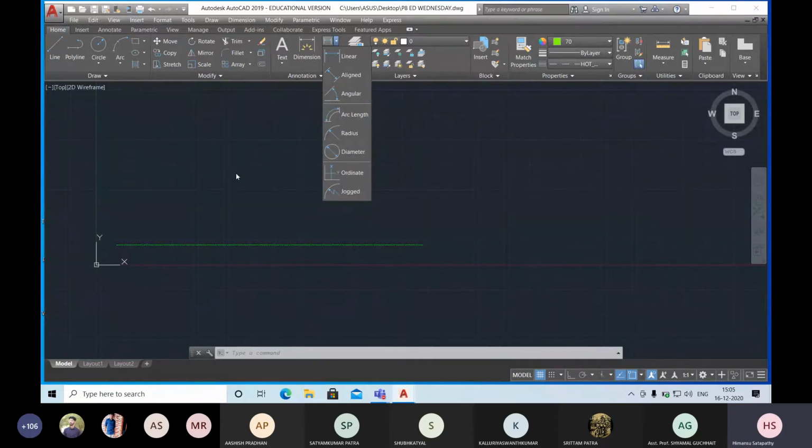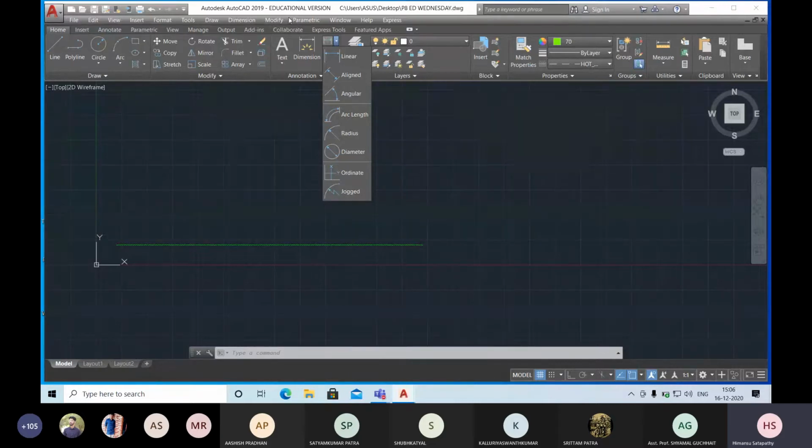But from here we cannot change the settings of the dimension. If you want to draw a line of 1 lakh mm, then your dimension text height should be 200 mm so that you can read it. If you want to draw a line of 10 mm, then your text should be 1 mm in comparison to the 10 mm line, so that you can read it.